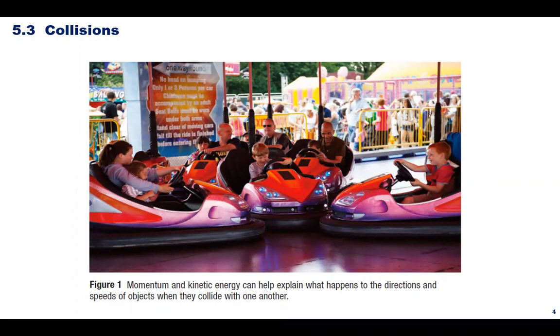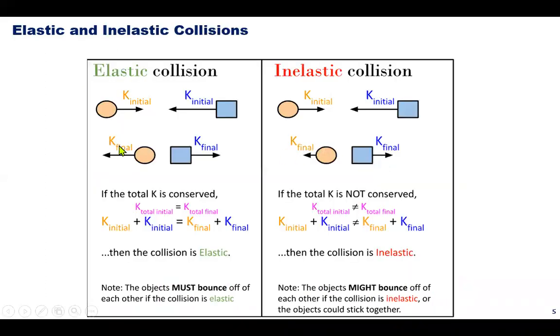How can you use what you have learned about linear momentum and kinetic energy to understand what happens when two bumper cars collide and bounce apart, and what happens when they collide and stay together? All right, so there are two types of collisions, which are elastic and inelastic collisions. In the previous section,